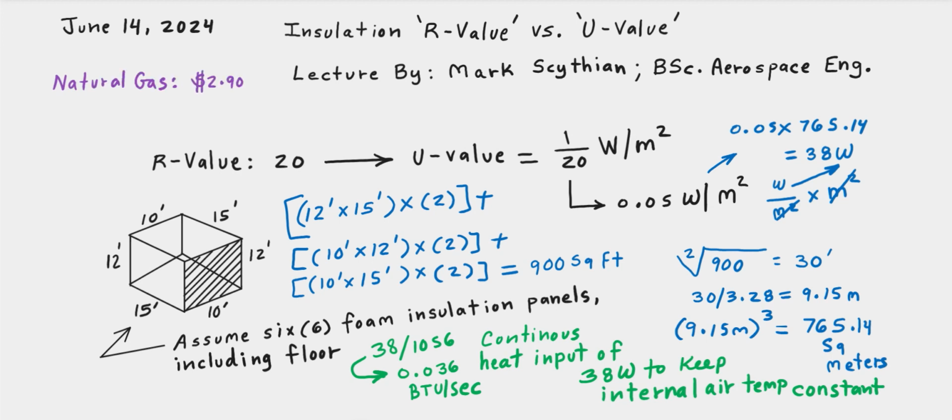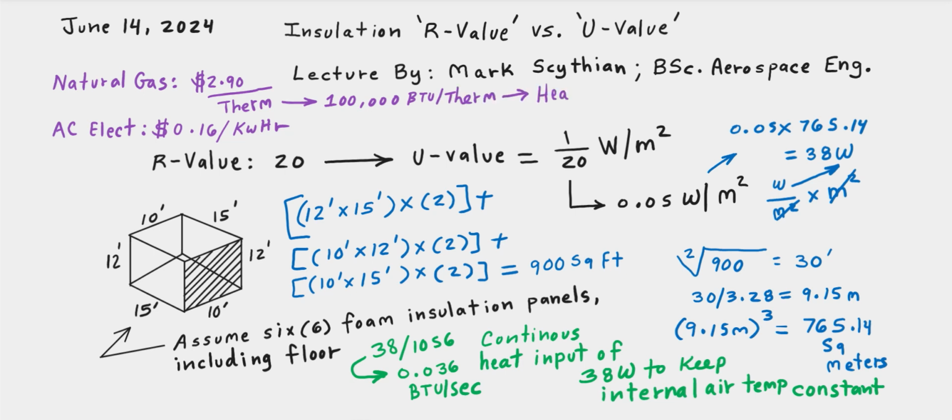So if we take the price of natural gas, that is at $2.90 per therm, or 100,000 BTUs. And then electric would be 16 cents per kilowatt hour. And these are average values or price metrics in the US in 2024. So if we took 100,000 BTUs, heat,